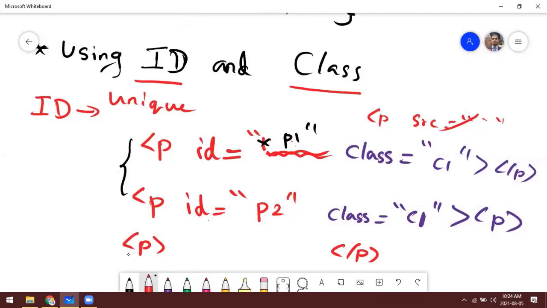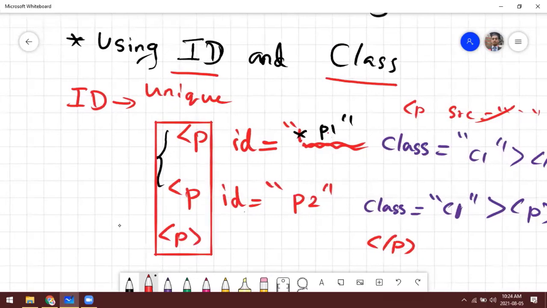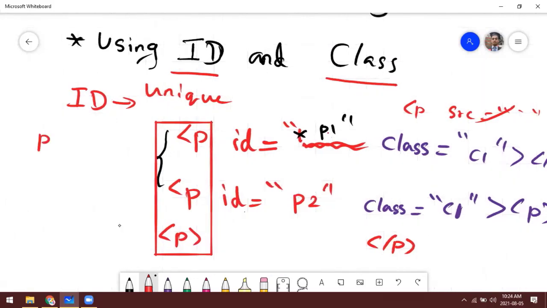Now try to understand. If we just use the simple selector, for example, if you apply any CSS style to the paragraph tag, what will happen? It will apply to all three paragraphs. Why? Because you have used the HTML tag itself as a reference.